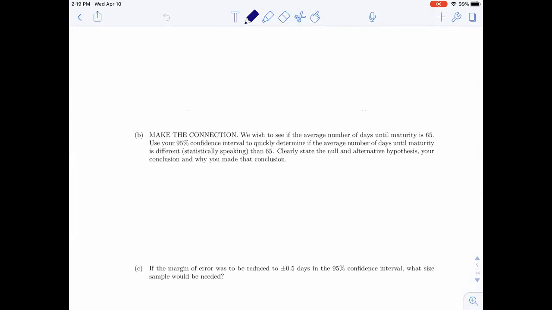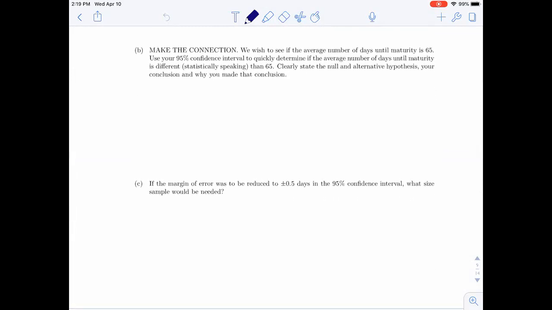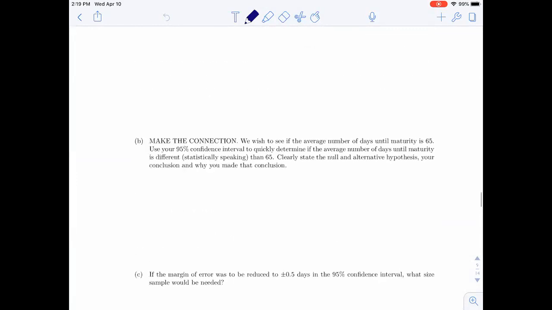make the connection. We're going to use the confidence interval to do a quick hypothesis test. So it's not a full-blown hypothesis test, but we're just going to use our confidence interval. And then part C, if we want to change our margin of error to be 0.5, what sample size do we need? So it's a sample size calculation. Okay. So here,